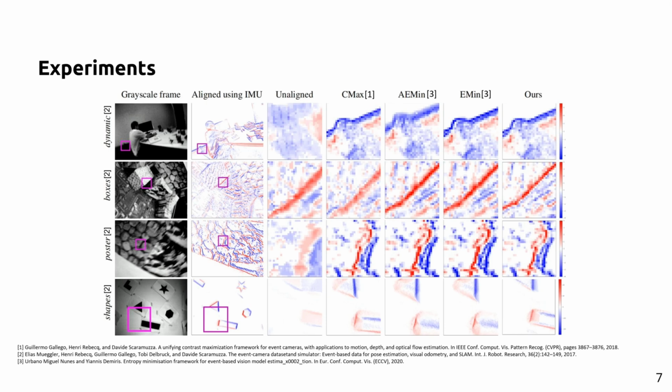For experiments and evaluation, we use a publicly available dataset called DVS240C. It consists of video sequences with diverse camera motion. We evaluate our approach on sequences boxes, poster, dynamic, and shapes. This figure shows qualitative results for all approaches used for comparison. We show the aligned event image using IMU together with a detailed close-up view for each approach, highlighting the alignment quality. Our approach consistently reconstructs sharp object contours, which is an indicator for precise alignment.